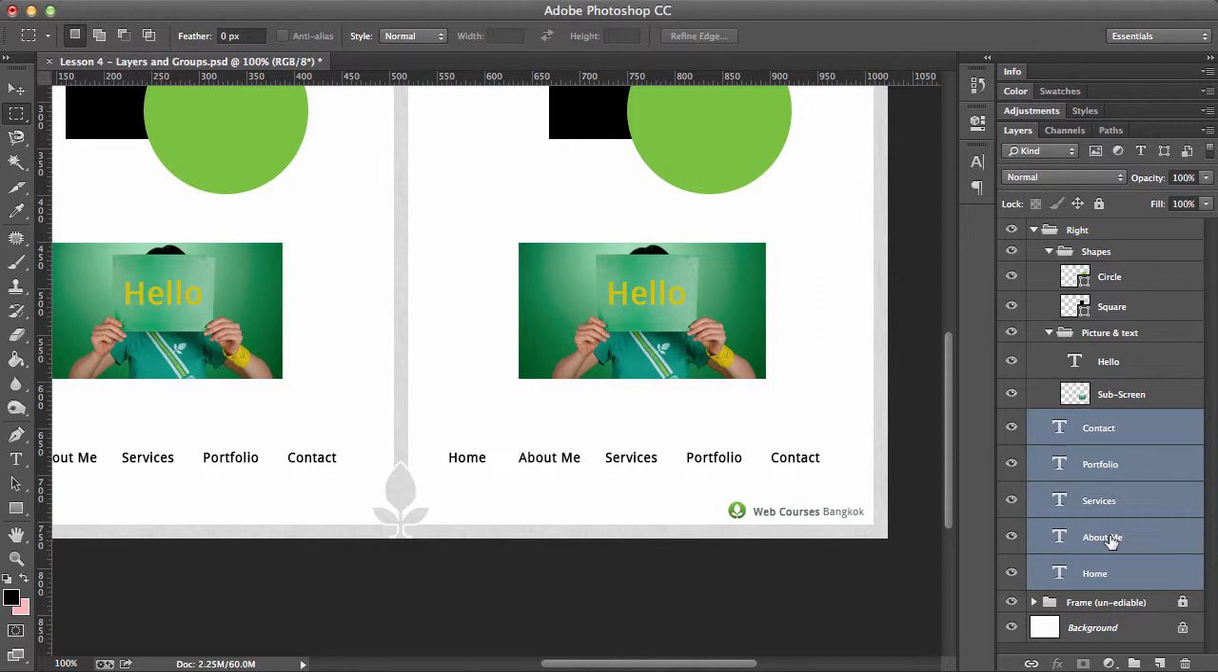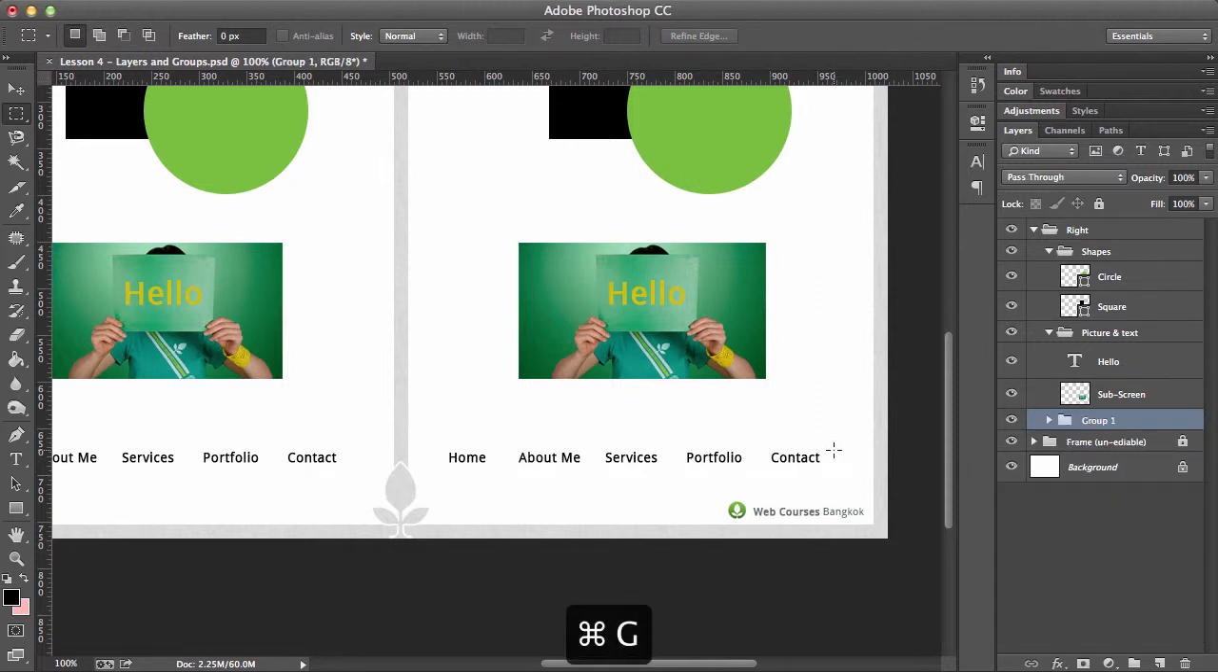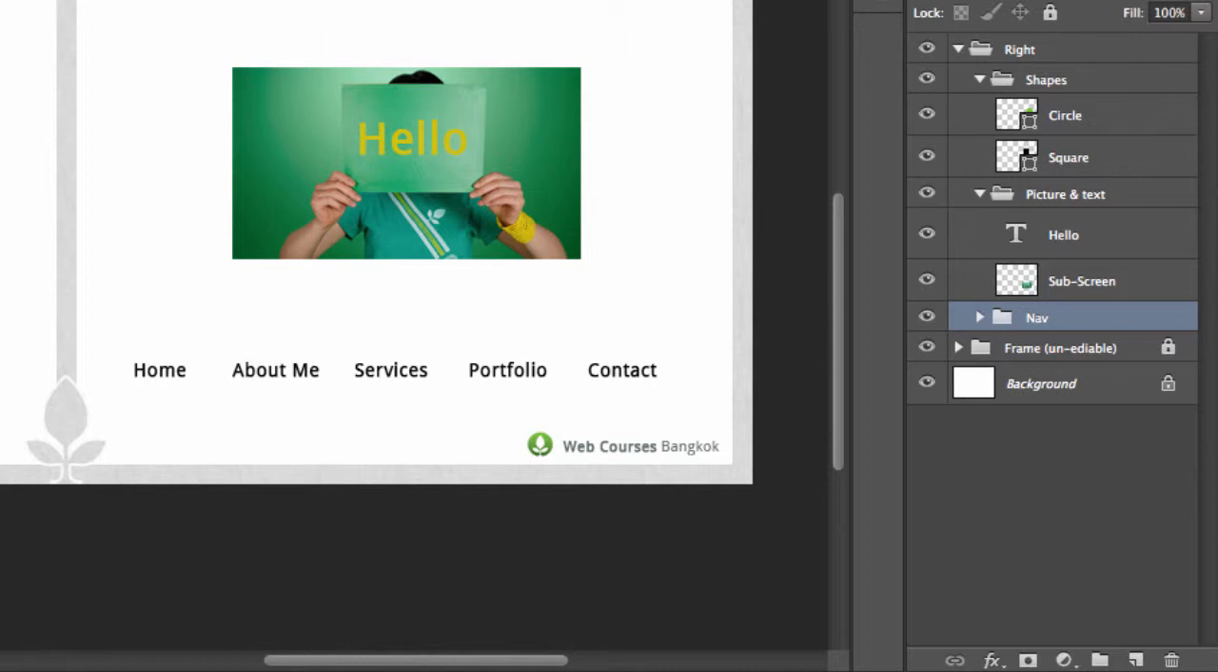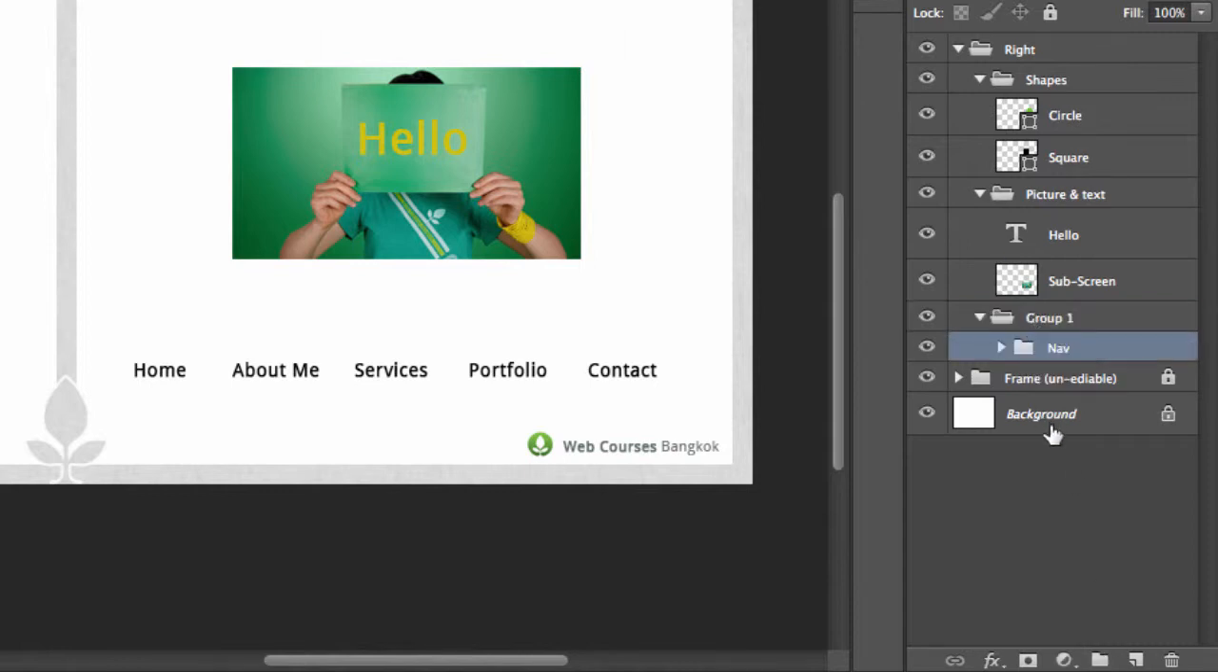So now what we need to do is group them. Now the best way to do this is use the shortcut, which is Control and G, and that groups them. So just double click on the group name and we can call this nav. Now another way of making a folder is just here. It's this little icon at the bottom, and click. But it doesn't group what you've got selected, so you have to actually physically put things inside here